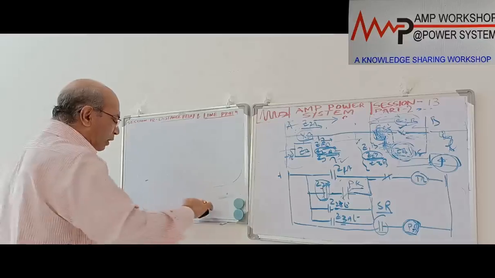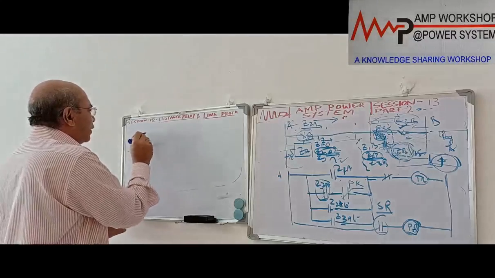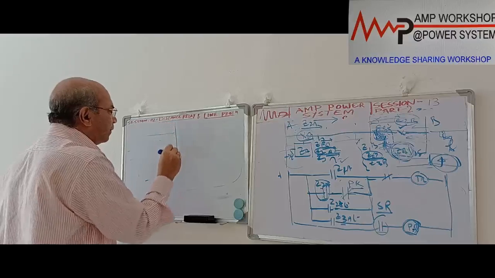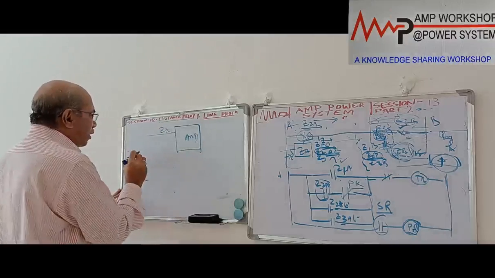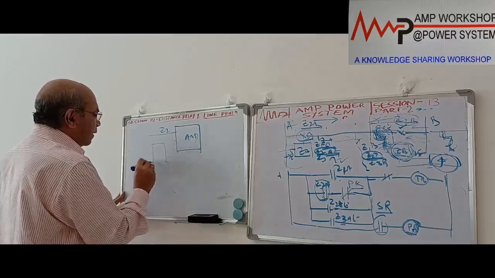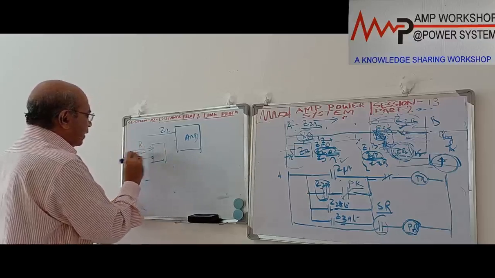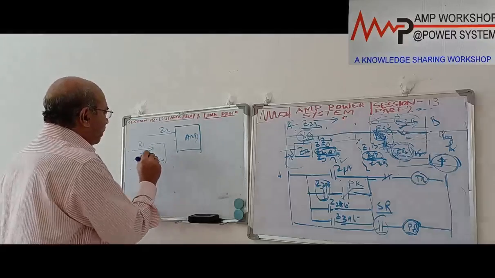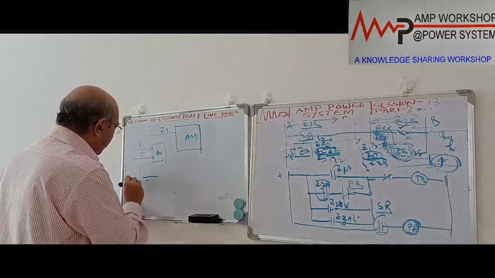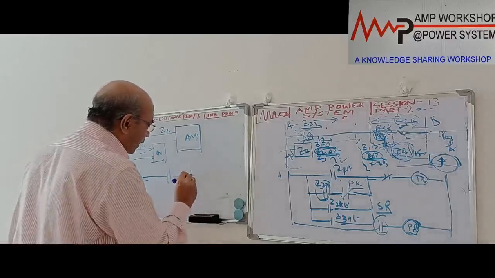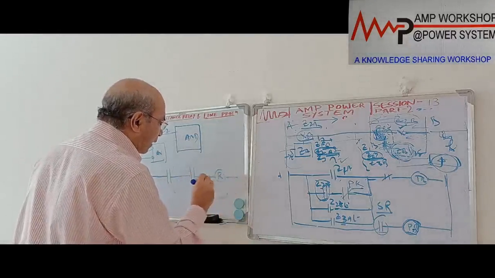Now if you see the logic, suppose this is Z2, this is a gate, and this is Z2 operated. There will actually be two relays. Suppose this is one relay, R1, and there is another timer. This is an OR gate, an AND gate. Here this is your DC supply. This is the guard frequency signal. This is the trip frequency signal. And then we have a relay R, and then another relay, timer T.